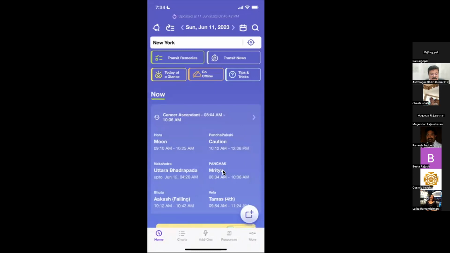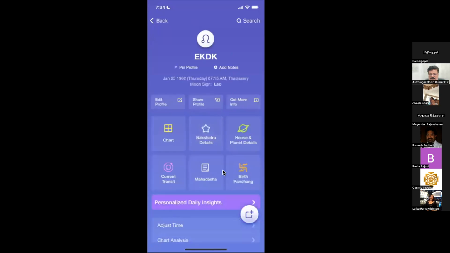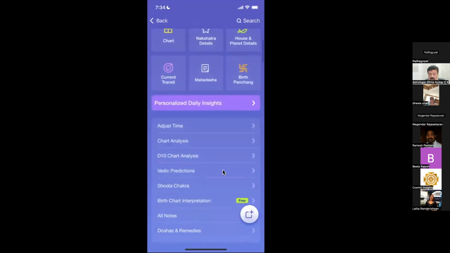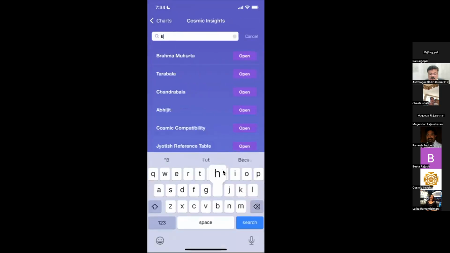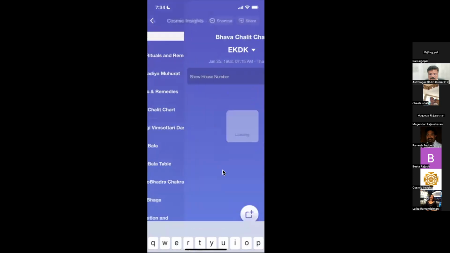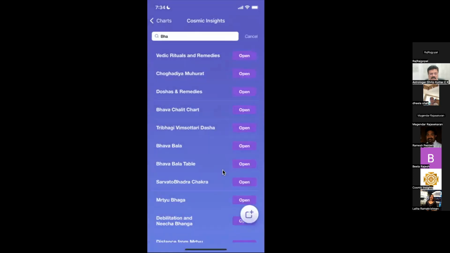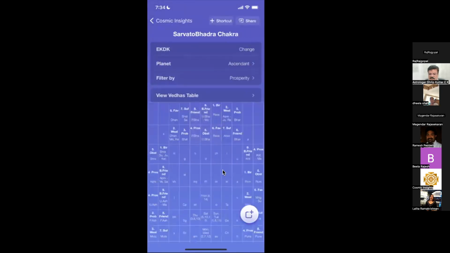Blocking. It is used extensively in Phaladeepika, where planets are transiting and you're expecting a good result, but somebody is blocking it. For example, like Badhaka. It's almost like that, but this term is specific only to transits. Yeah, this is what I was saying. It is mostly in the